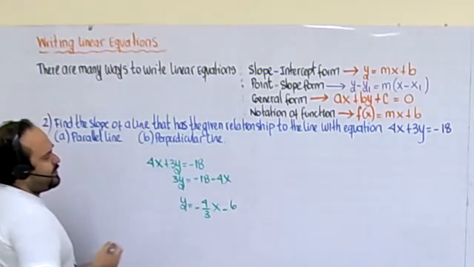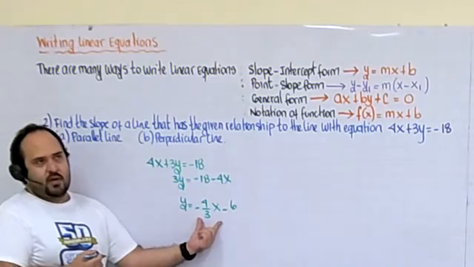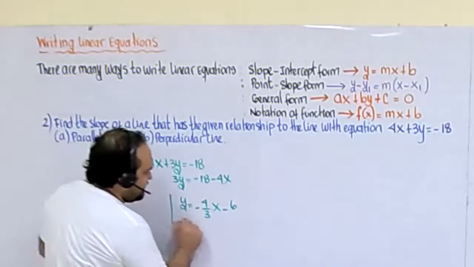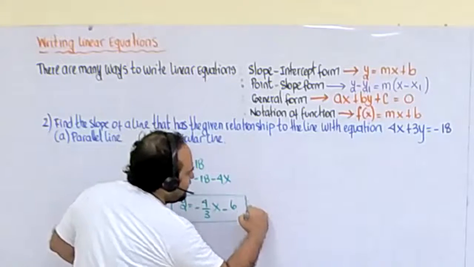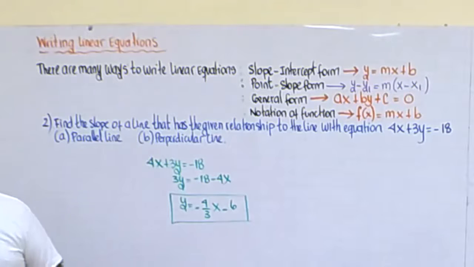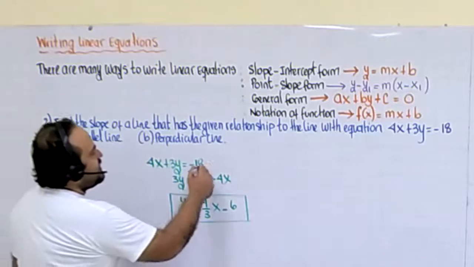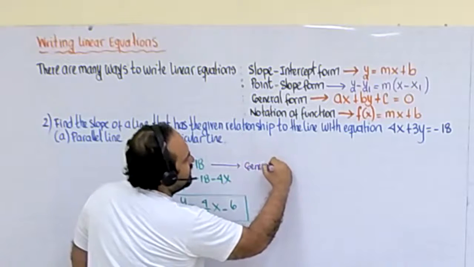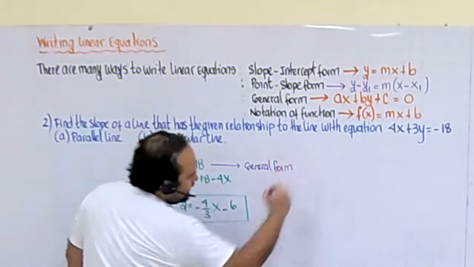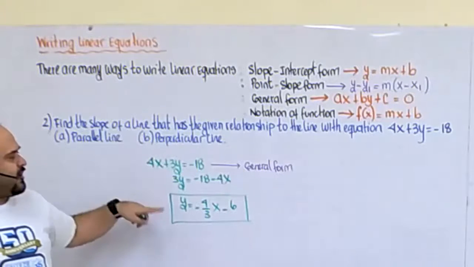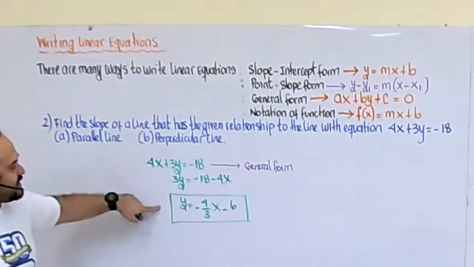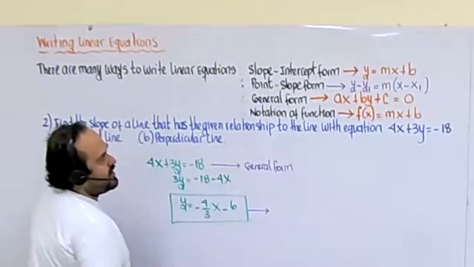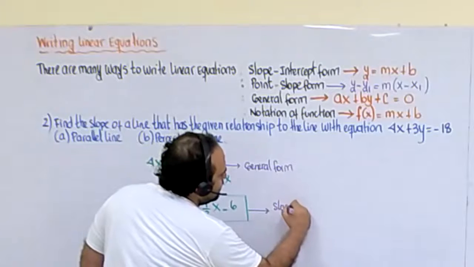This is the name of this process. Always we have to write the number that is next to the x variable. As soon as you can see, we have already solved for y, okay? And let me label this one. At the beginning, this equation was written in general form. Now we solve for y, okay? Because this equation is solved for y, this time it will be written in the slope